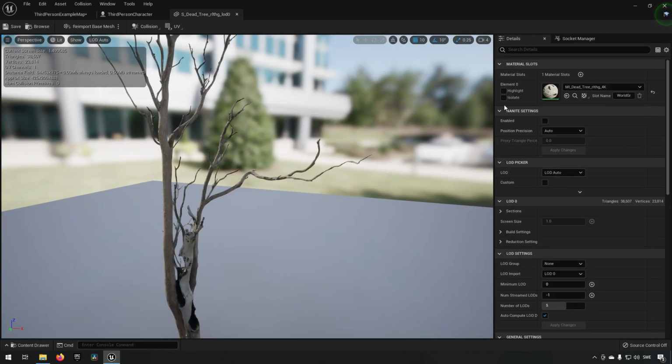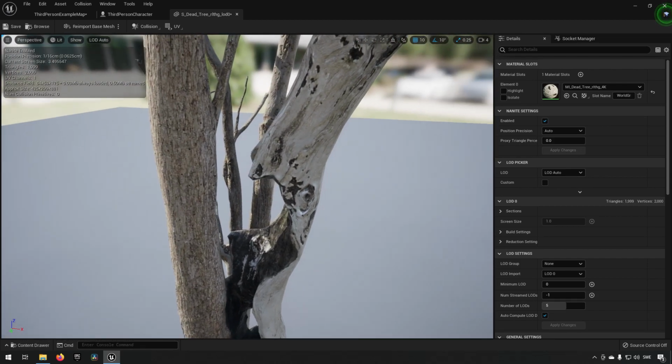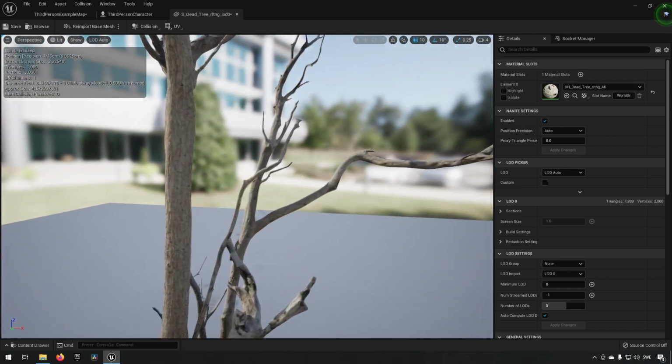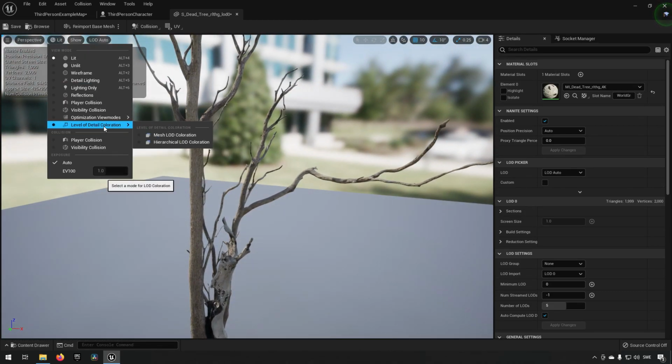you can see here that under Nanite Settings, Enable Nanite is currently disabled. So if we were to click this and apply changes, it will adapt this mesh for Nanite. And now you can see that the triangles up here changed, but the tree still has all of its details in it. And we can start off already here and going to